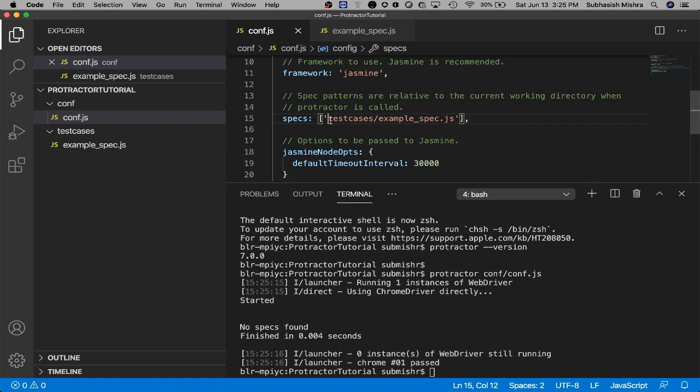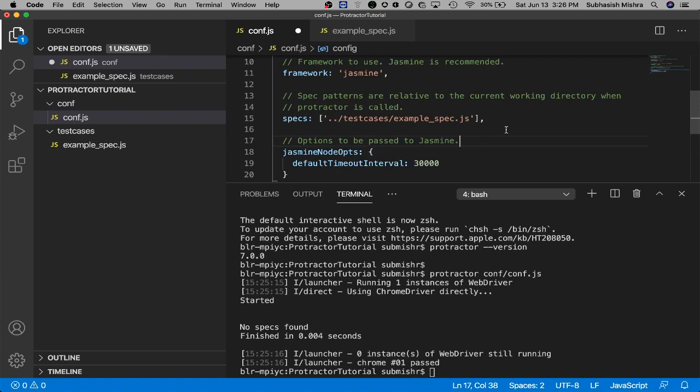What we need to use is something like this: dot dot, then slash, then test cases, then example.spec.js. So this dot dot means you are coming out of this folder. Now you are inside the conf folder, so you came outside, you are inside the protractor tutorial, then you went inside test cases, then you went inside the example.spec.js. So it will work fine.